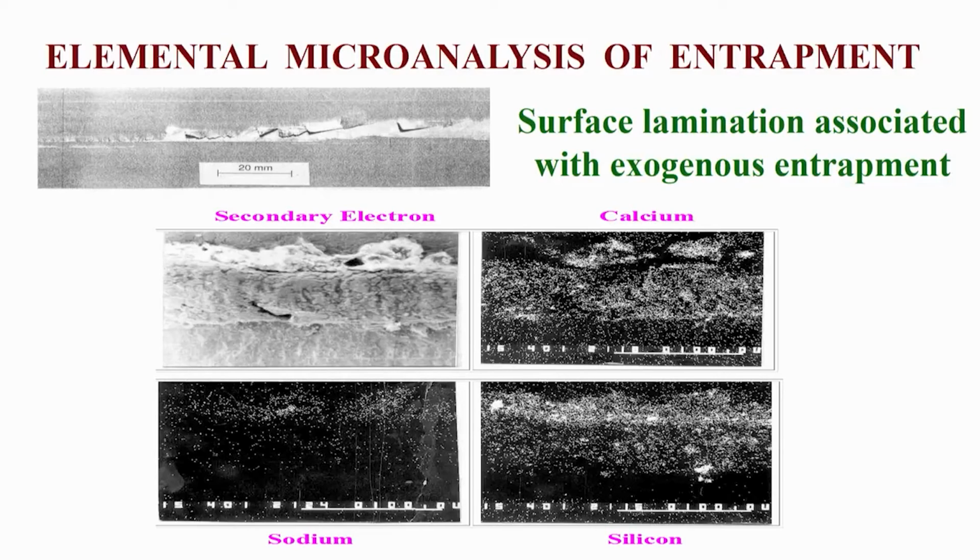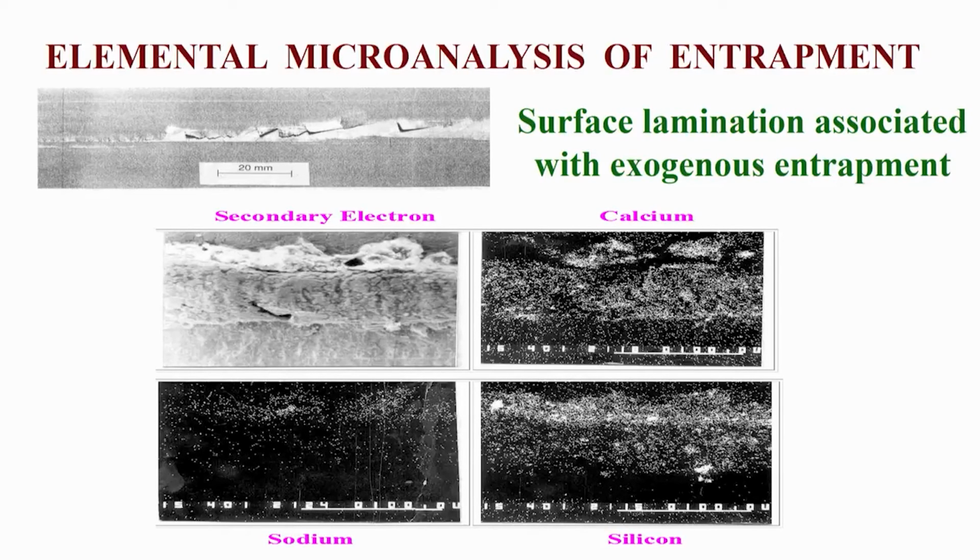So, what we do is set the X-ray image. First we have to analyze what elements are present. Say we have found that calcium is present, sodium is present, silicon is present, and oxygen is present. Then we want to know where calcium is present in the constituents in the microstructure of the defect area. This is called X-ray imaging.